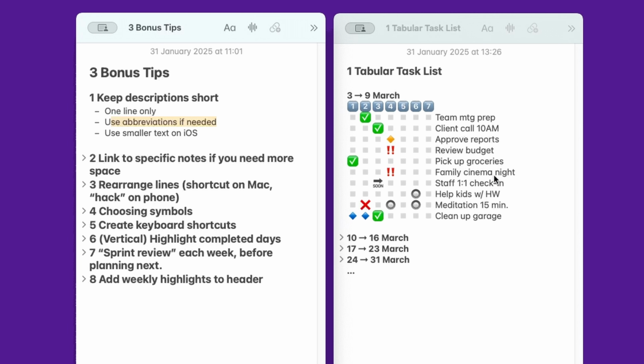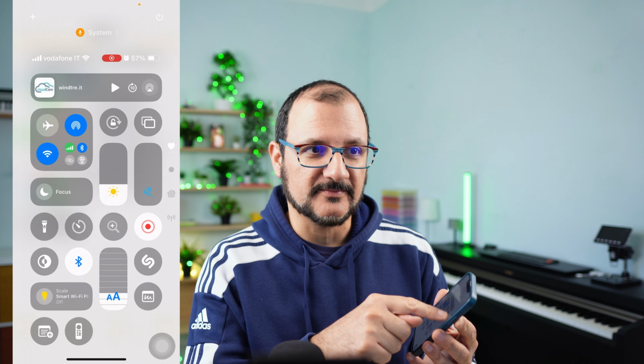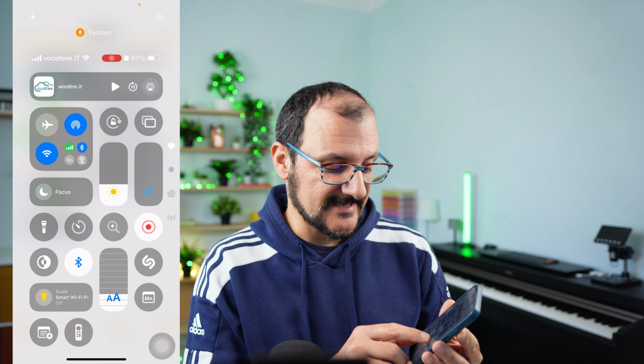And based on a standard setup on your phone, which is the smallest device you have, this probably equates to around 20 characters used to describe a task. If that doesn't work, a final option you have is to reduce the text size that you use in Apple Notes. To do so, you slide down from the top right, and when you see the font size slider,